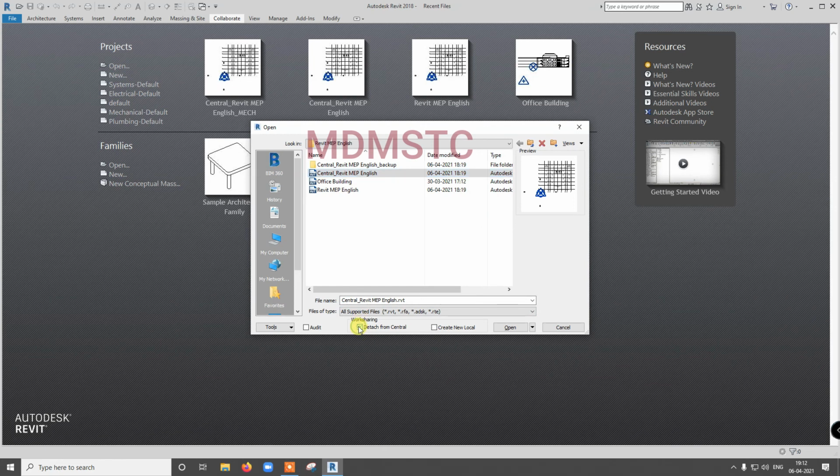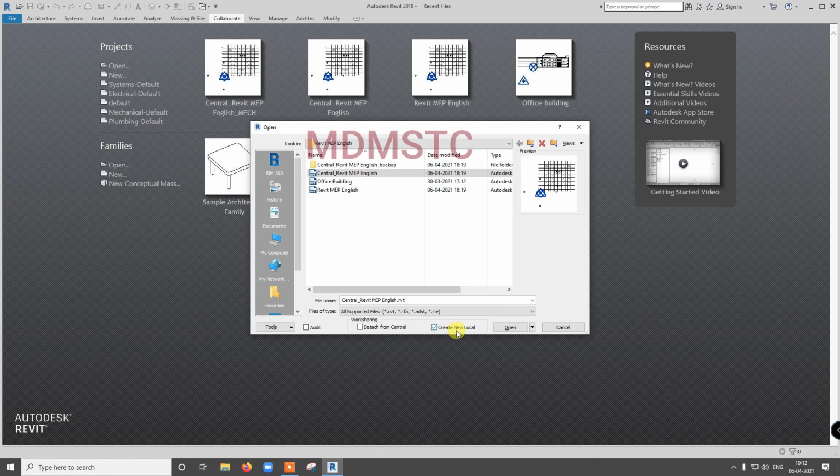You can enable Detach from Central or Create New Local. You can tick mark, or otherwise untick. Without selecting anything, you can go, or you can select only one. Detach from Central we will see later. Now we will see Create New Local.